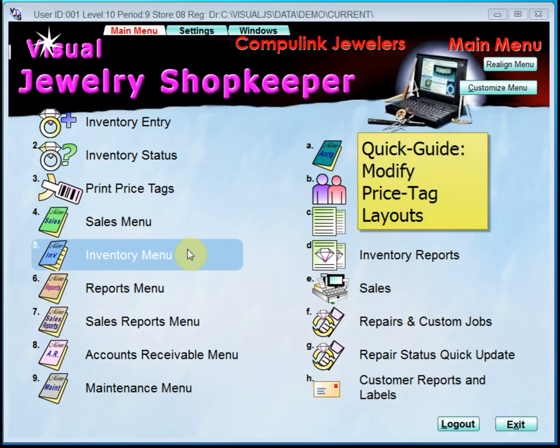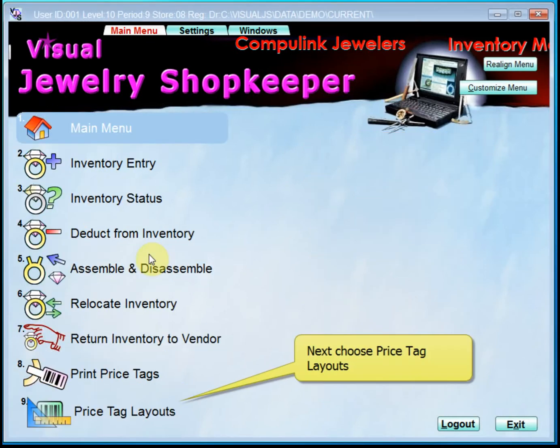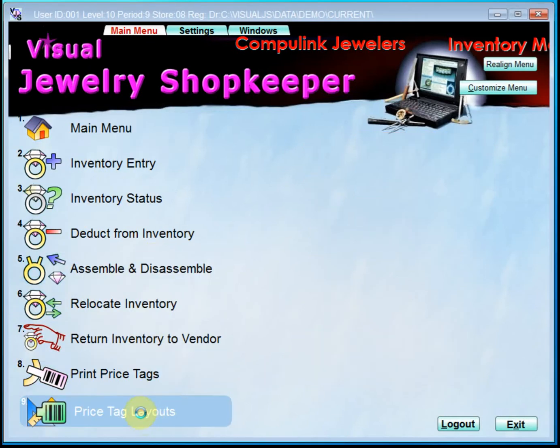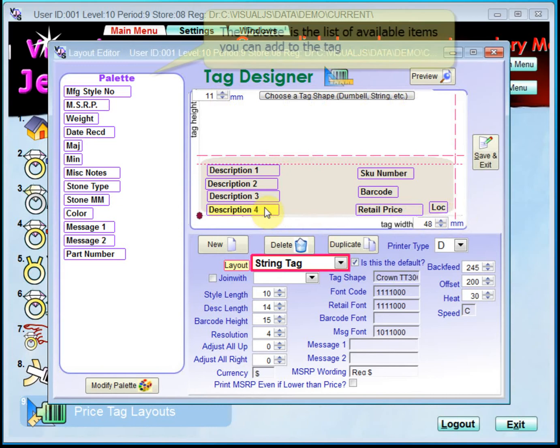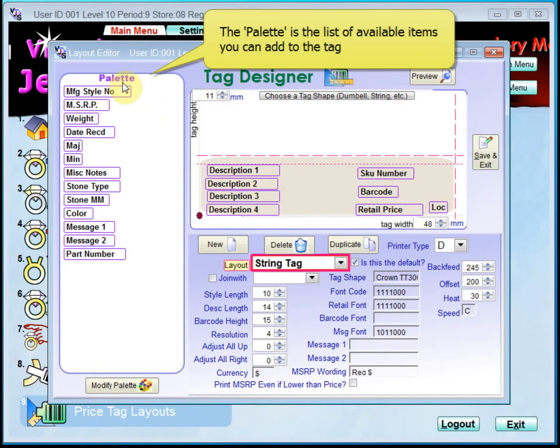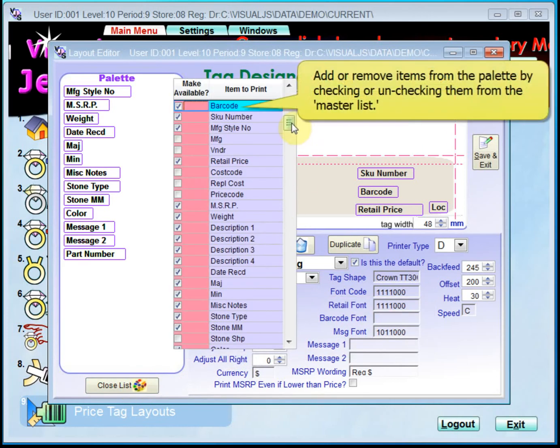In this guide, we will go over how to modify the layout of your price tags. From the main menu, choose Inventory menu, then choose Price Tag Layouts, and here we get the Tag Designer. The Tag Designer has a canvas area where you can put the pieces to print, a palette. A palette lists all the possible items, and Modify Palette because there could be many more items that don't fit